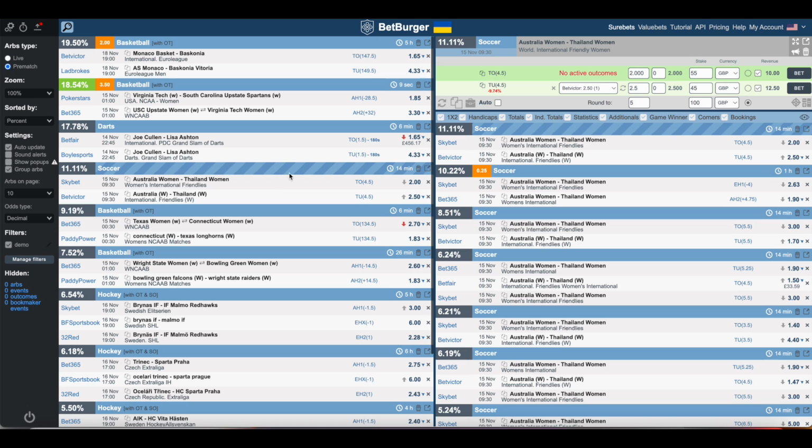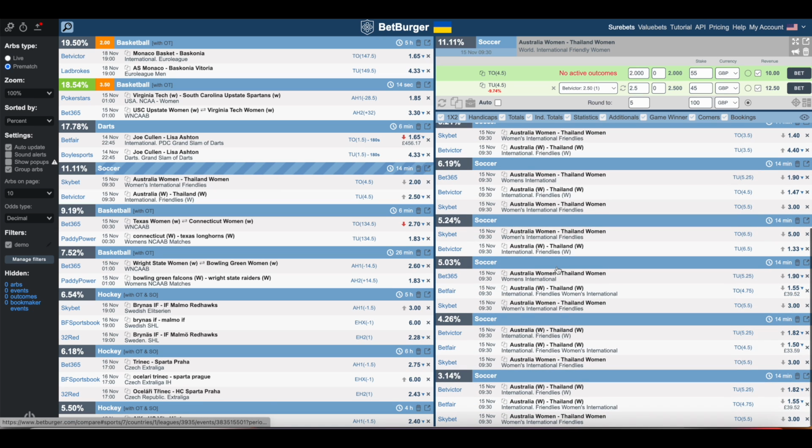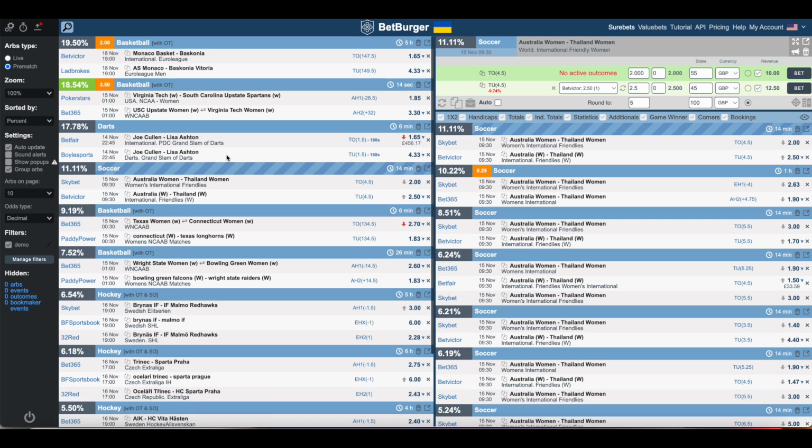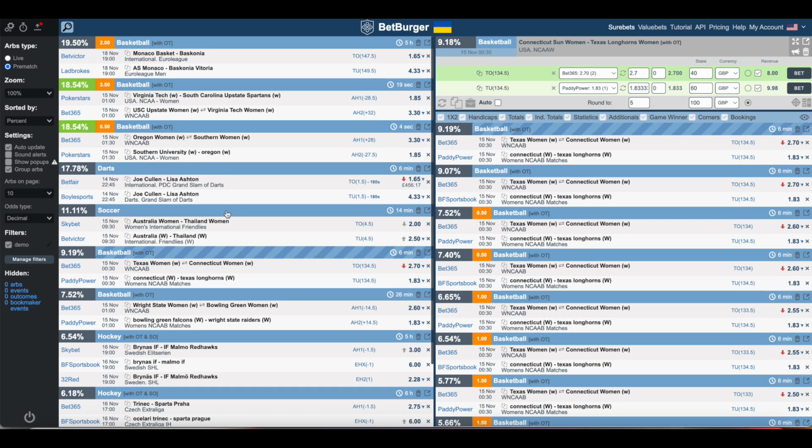Now we can click soccer, and you can see this one's a bit fuller down the right hand side. That's because there's lots of bookmakers that it's available at. Click down, we've got basketball, and you can see the profit here, the revenue. This is the profit depending on either side, and I like the fact that the stakes are split